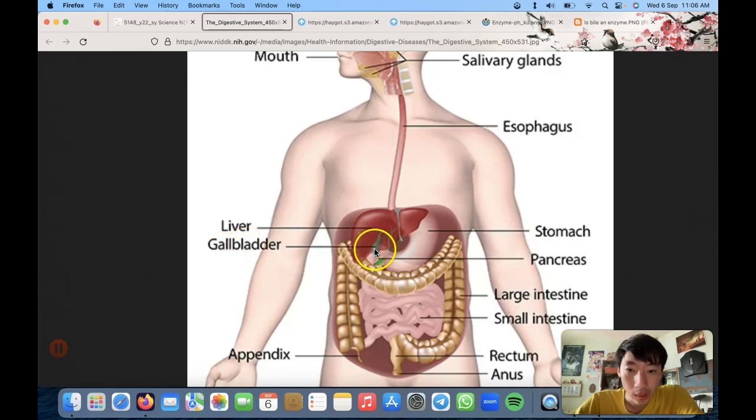Okay, so anyway, this bile, when it's stored in the gallbladder, will then be sent out through a certain duct, which is like a pipe, into the small intestine over here. So it'll be somewhere over here, and that is where it will perform its function. Its function is called emulsification. Okay, so that's the function of the liver and the function of the gallbladder. Now let's talk about the function of the pancreas.